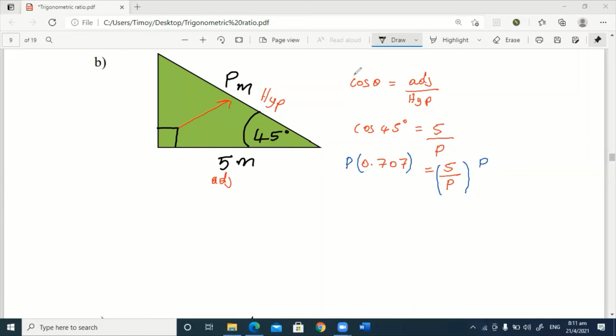So what we will have is that we will have P times 0.707 is equal to P into P here will give us 1, and P into this P will give us 1, so that will just leave us back with 5. From here now we can solve for P. In order to solve for P, we want P by itself. So note that this P is being multiplied by 0.707. So we can now divide both sides by 0.707, all right? So we're going to divide this side by 0.707 and divide this side by